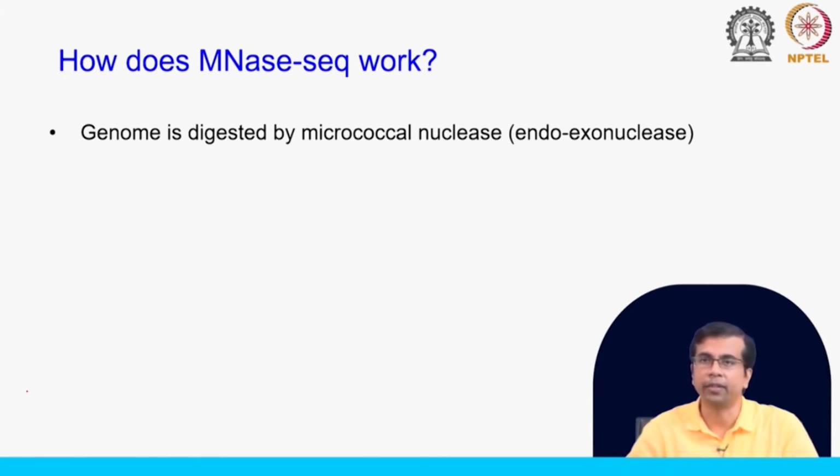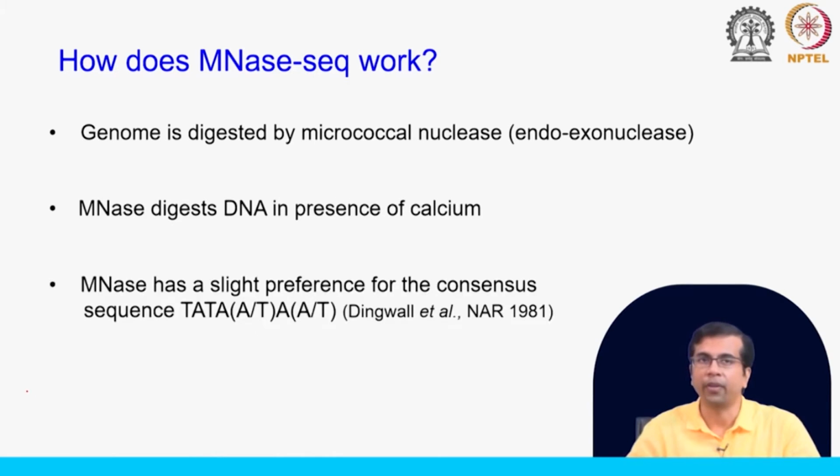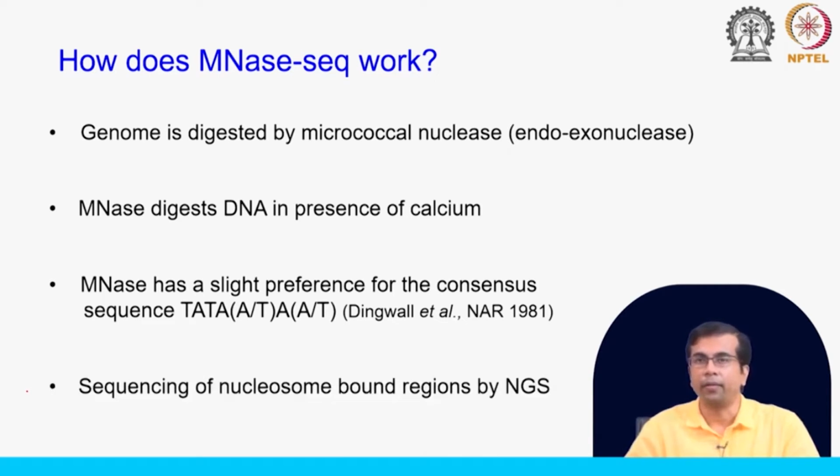So, as you see, this makes a difference in the process. Okay. So, MNase digests DNA in the presence of calcium, and it has a slight preference for its consensus sequence, which is given here. It is an AT-rich sequence which it prefers. And what we do is, at the end, we get the nucleosome bound regions,